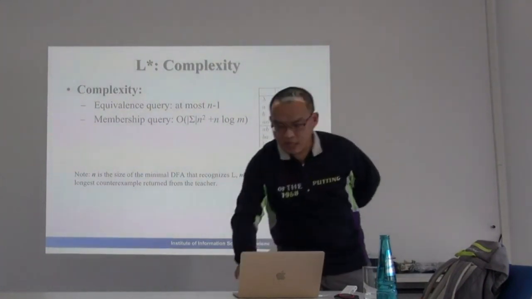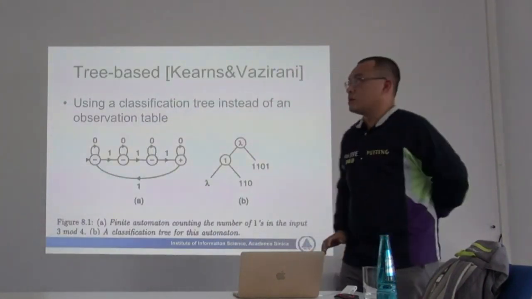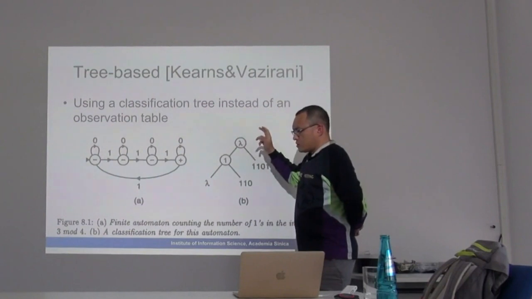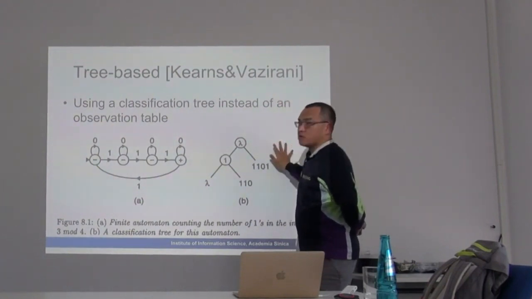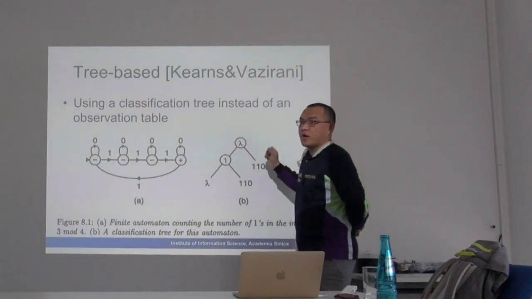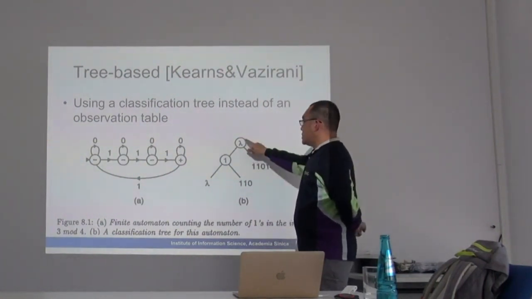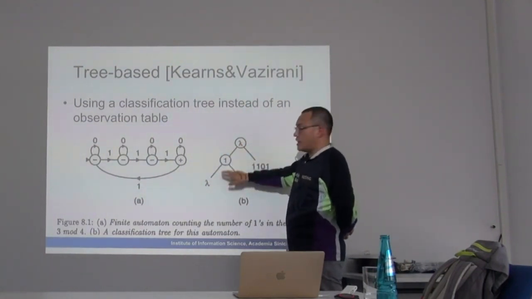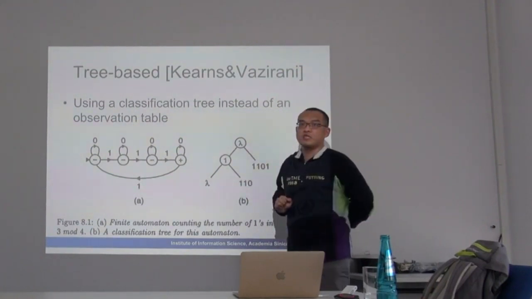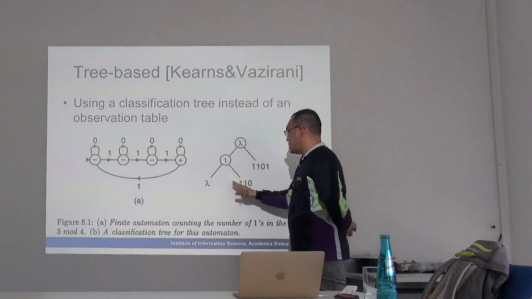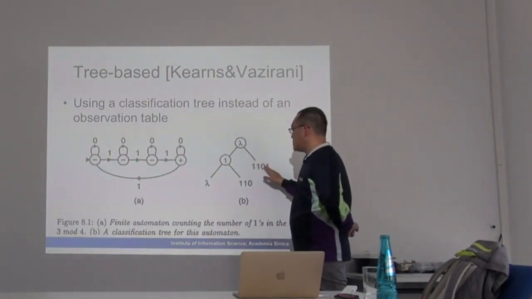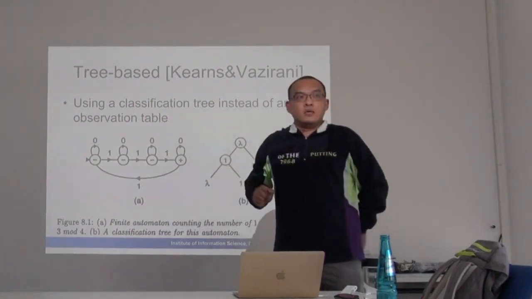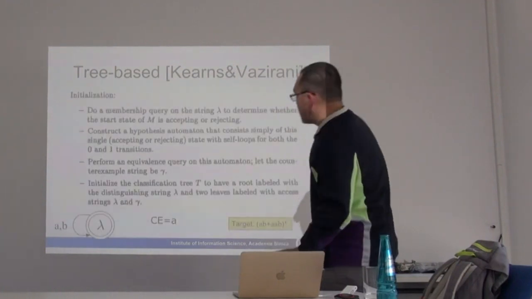So the idea of the tree-based algorithm is that we don't try to fill in all the cells in the table. Instead, we only find the necessary part. So that's the basic idea. It uses a tree structure like this. These are the experiments that we have, and the tree leaves are the nodes identified. So in order to say that lambda and 1, 1, 1, 0 are two different states, it's enough to use lambda, so we will not try the 1. I will go into detail.